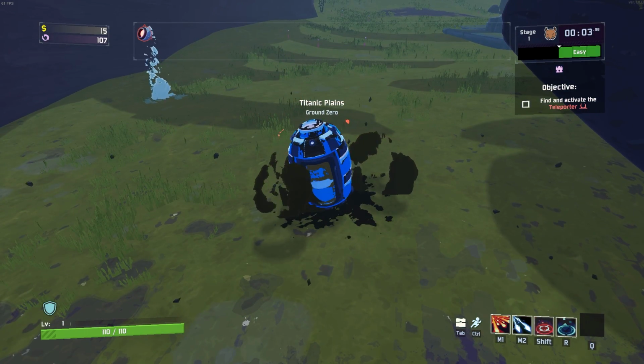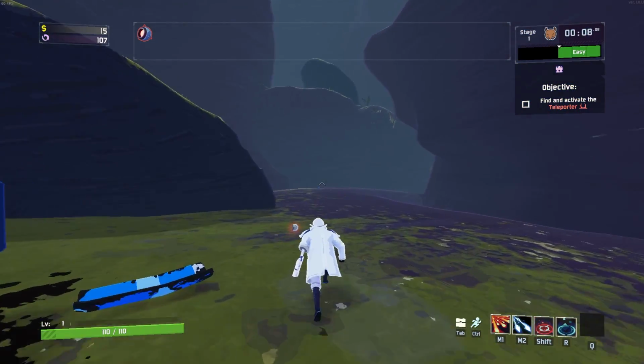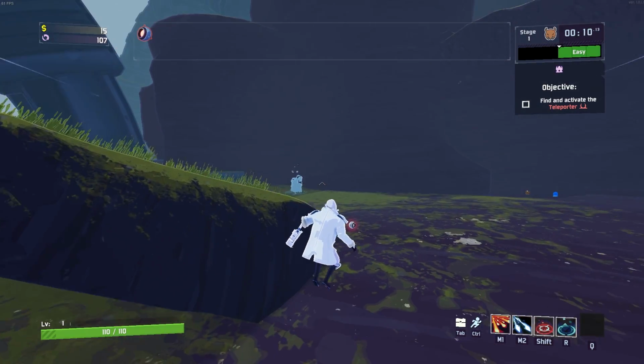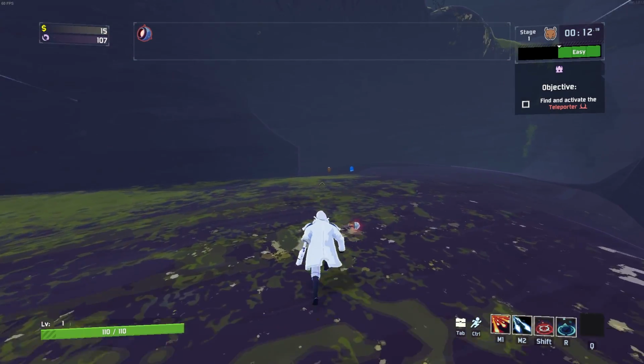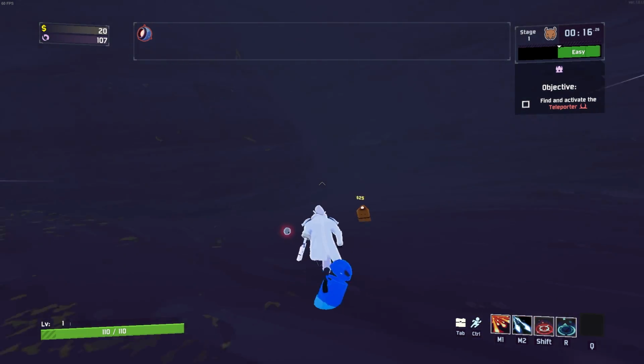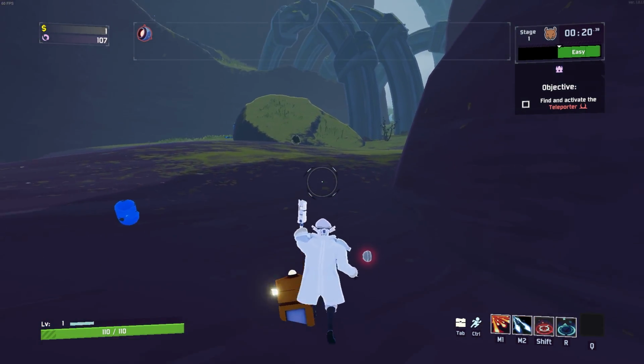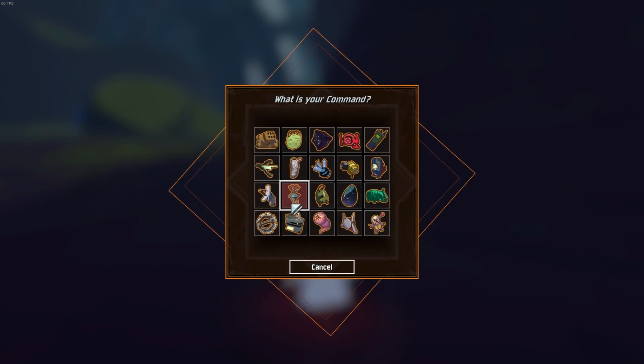All right, level 1, the touchdown has begun. We are going to be using our hacking tool to try to get some advantages really early in the game. But we could also just shoot this guy and buy our first item. We are going to buy the